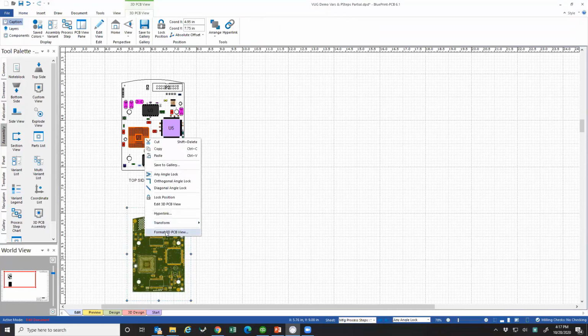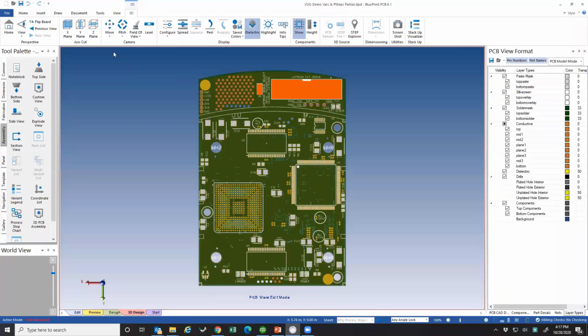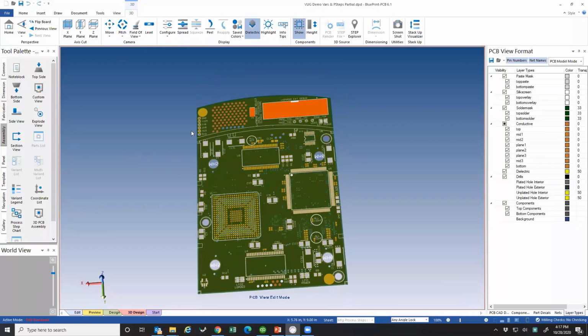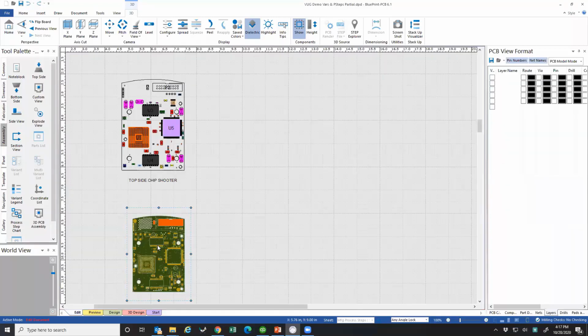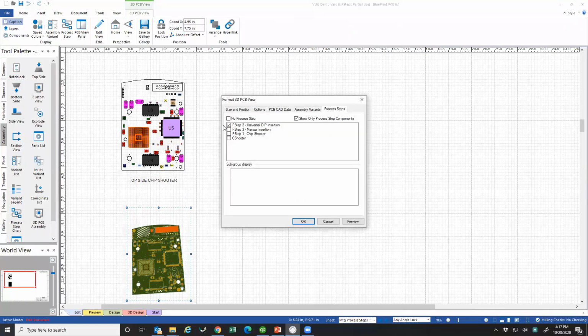Right mouse click this, edit it, maybe rotate that just a little bit just so I give it some depth, and go back, format it, and make sure that it's showing the right process step,